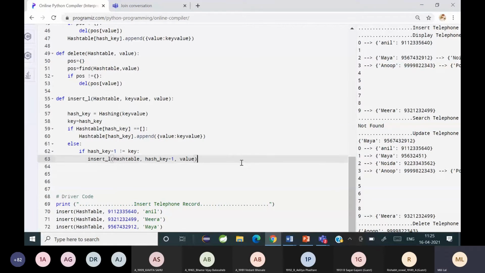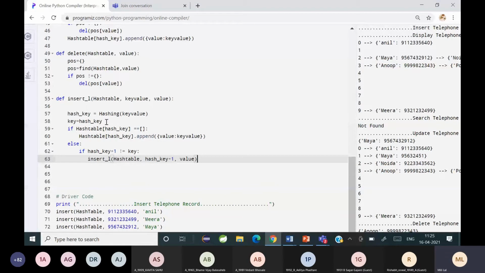Yes, students. See, what did we do actually? How does linear probing work? I'll just repeat it once again. Till here, it is normal. First we find the hash key value. And then we check if the hash table is empty in that particular location. If it is empty, you append the value over there.